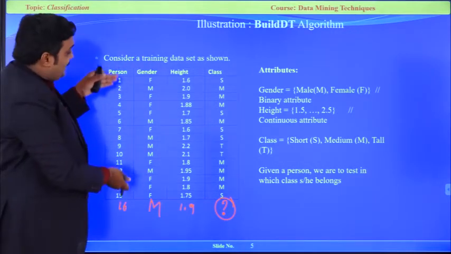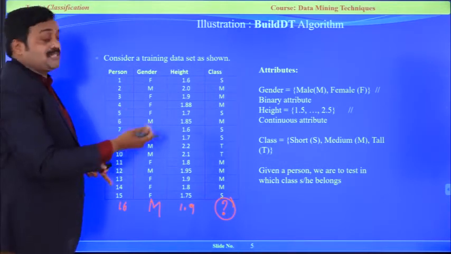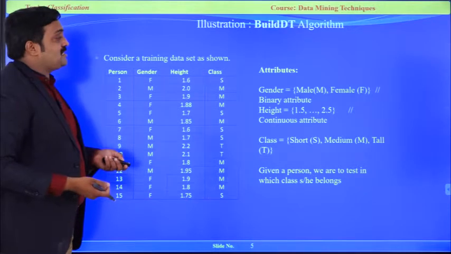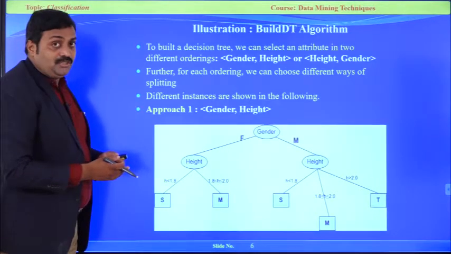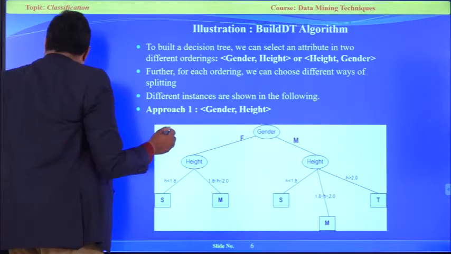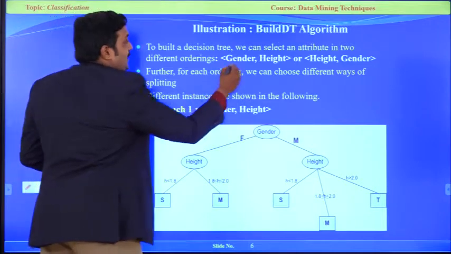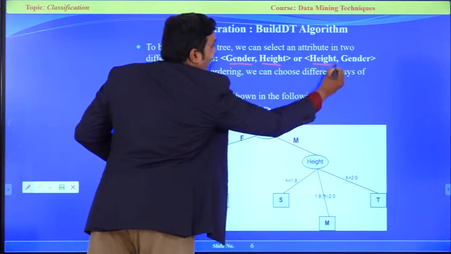Here we can easily say, because there are 15 records. Suppose 1 lakh records, very difficult. That's why we are going to construct a decision tree. How am I going to construct a decision tree? Simple approach, best approach, as in the earlier discussion. I am going to take the available attributes, gender and height, or height and gender.